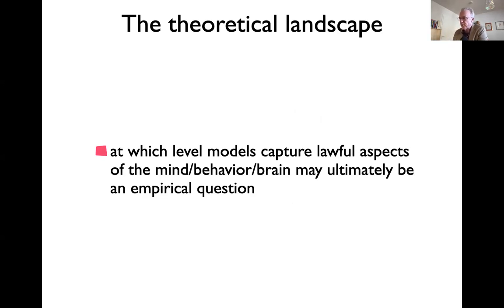And so my last point, which I won't repeat again: ultimately, to find out what the right levels are at which we want to model, what the right kind of models are, is an empirical, scientific question that we have to find out. There is no a priori reason to think that individual neurons are the right level, or modules of impenetrable function are the right level. We have to find out, and it might be different for different kinds of laws.